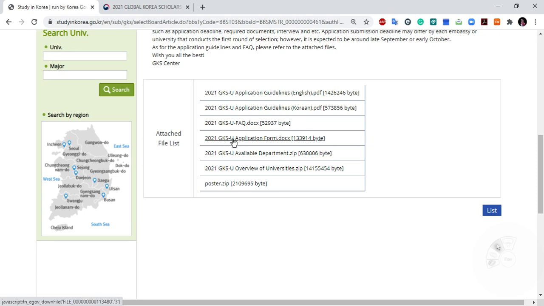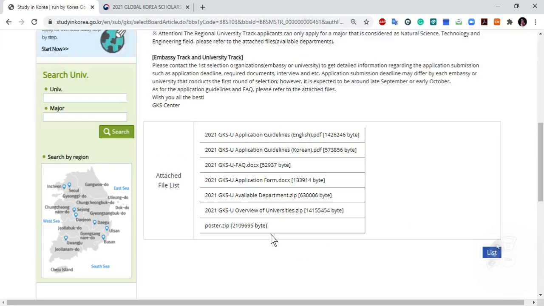And here is the application form. This is actually not one form. There are around 5 or 6 application forms here in this file. It is in the same file, and available departments and the universities, and there is a poster for this